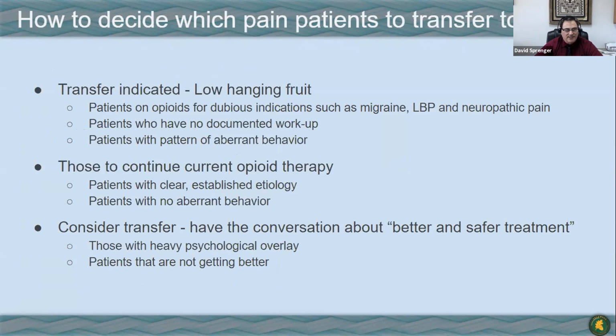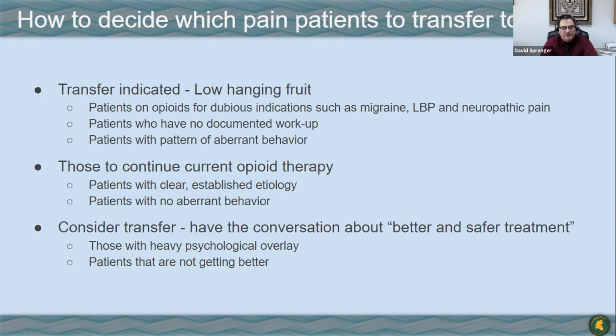There's no easy way, but sometimes it can be useful to think about it in different groups. So you've got your low-hanging fruit groups, and this is where a transfer to MAT would make a lot more sense. Patients who are